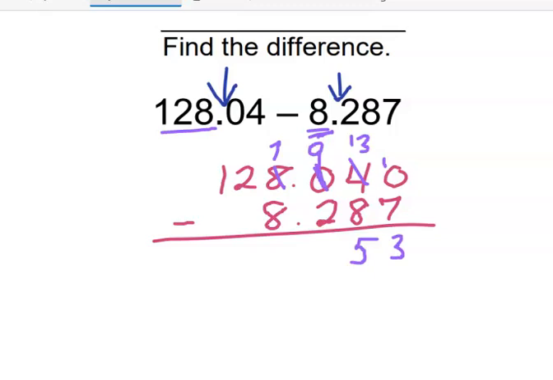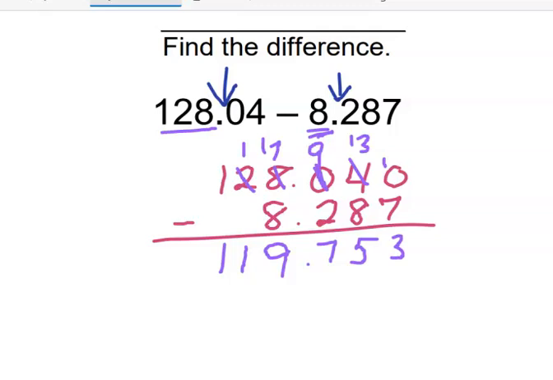All right, 9 minus 2 is 7. And then we have 7 minus, or taking 8 away from 7, can't do it. So this becomes a 1. This becomes a 17. 17 minus 8 is 9. And then 1 minus nothing and 1 minus nothing. Bring down the decimal. So the answer is 119.753. So the difference of 128.04 minus 8.287 is